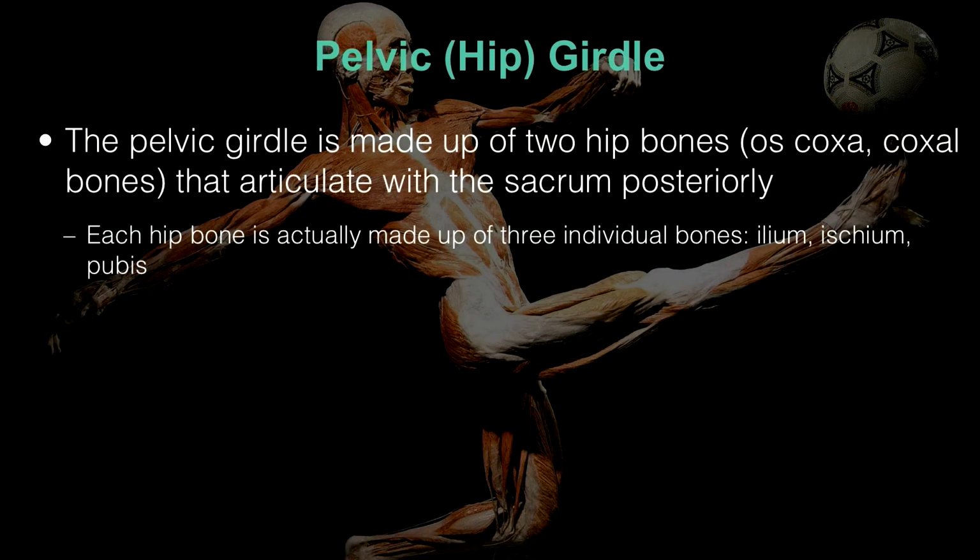So the pelvic girdle or the hip girdle, we've seen already. There are two hip bones that articulate with the sacrum that make up the hip girdle or the pelvic girdle. And really I'll probably just call this the pelvis. Two bones plus the sacrum that make the pelvis, and that sort of flies in convention of what you've learned